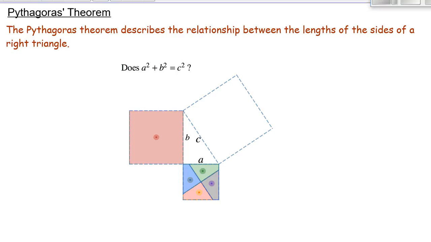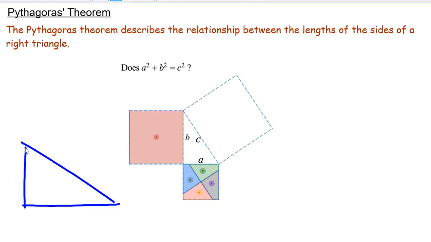In this video, I'm going to discuss Pythagoras theorem. But before I discuss Pythagoras theorem, I just want to go through some definitions here. Now, we know that a right angle triangle is a triangle whereby one of its angles is 90